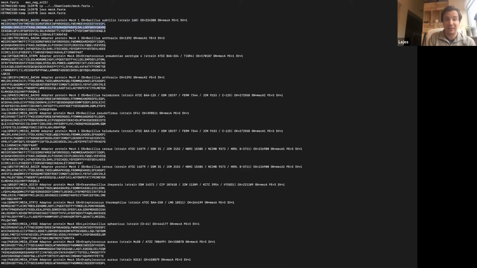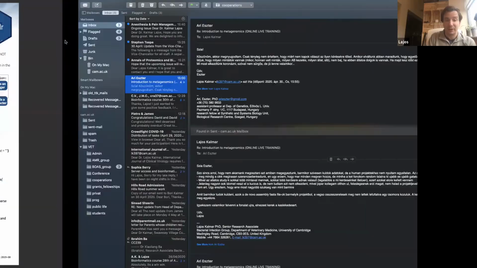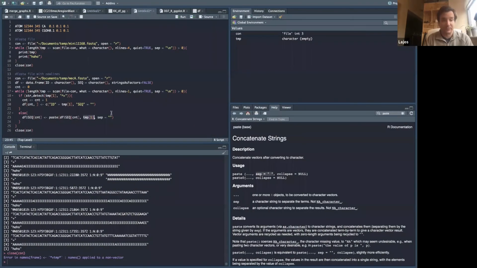It goes to the next line. It's again a sequence line. And it will paste this one together with this one and put it back to the sequence field, and goes up to here. This will be the last, which will be merged together, and the whole sequence will be in one string. So if I'm running this,